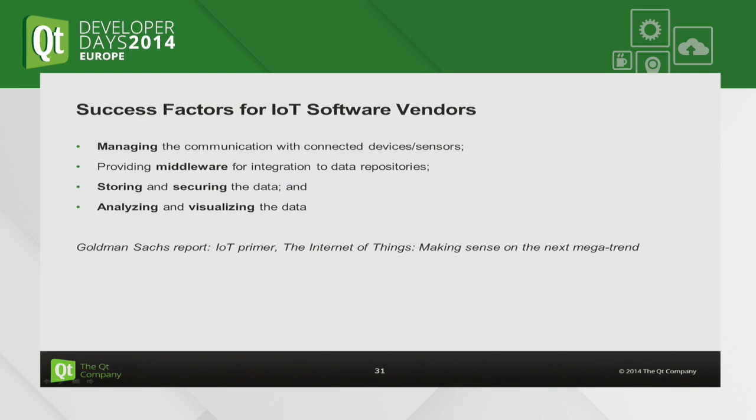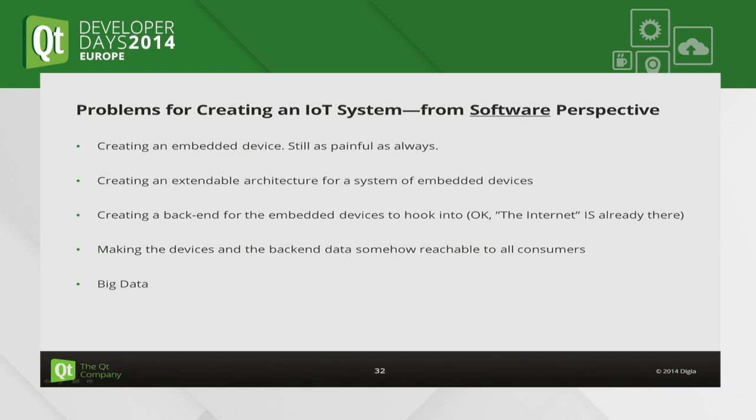So what they say is that success factors for Internet of Things software vendors are, first of all, managing the communication of the devices. Good. Providing middleware for integration to data repositories. Okay. Storing and securing the data, and analyzing and visualizing the data. All right, makes sense. But in my opinion, I think the real problems are not even that advanced,